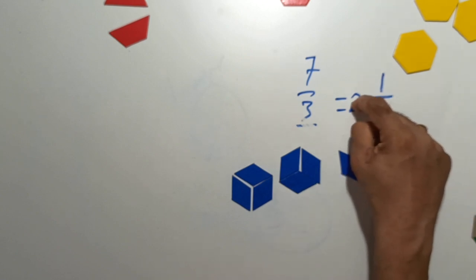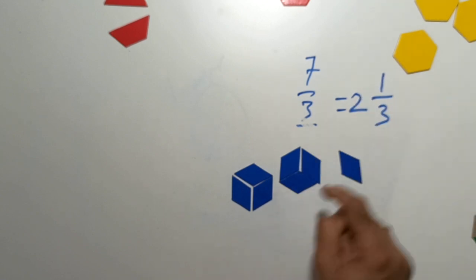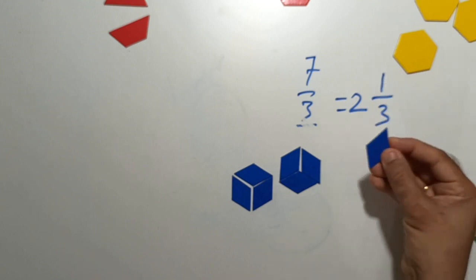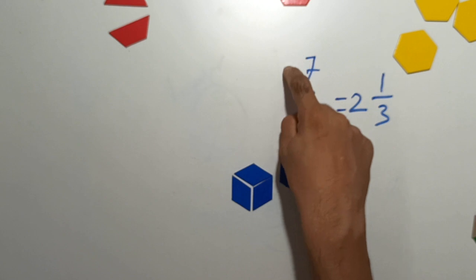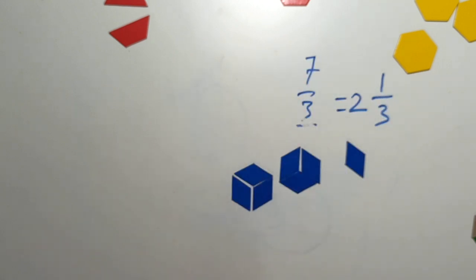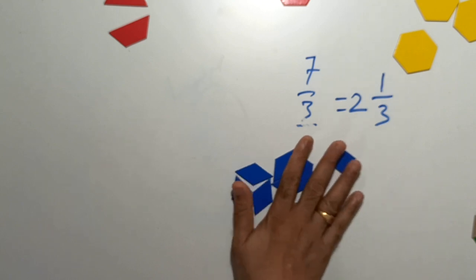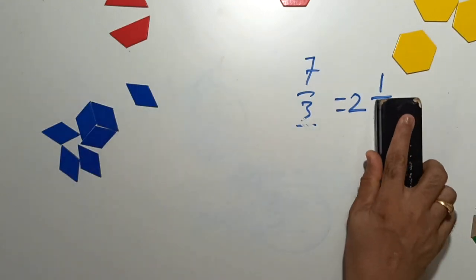How can I get it from this number? You just multiply 3 times 2 and that will give you 6. And then you add it to this individual piece. You add it to the separate piece and you will get this 7. So that's what you have in the numerator of the improper fraction. Okay, so this is how we do improper and mixed fractions. Let's try to go the other way.